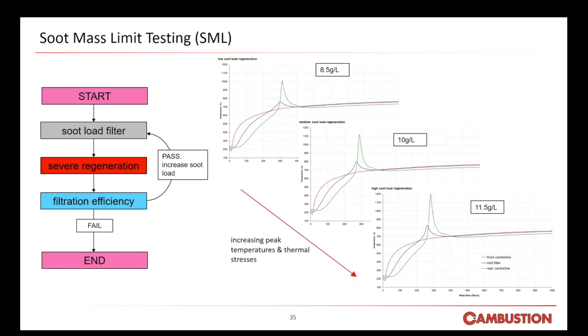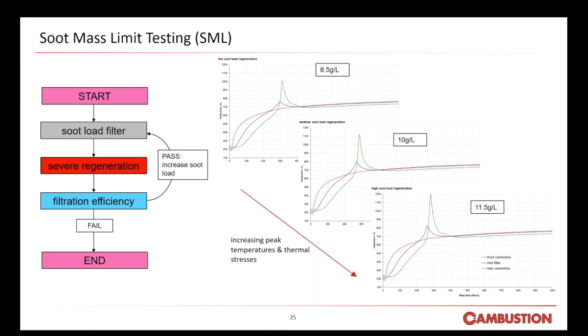So we're now going to look at soot mass limit testing. The DPG can run automatic tests to determine maximum permissible soot load without damage to the filter in worst case regeneration. The test consists of running soot load severe regen FE tests. If the filtration efficiency is passed, the soot load will be increased by an increment, normally 15%, and the cycle repeated until failure. This type of test can be left to run without operator intervention, which is popular with our